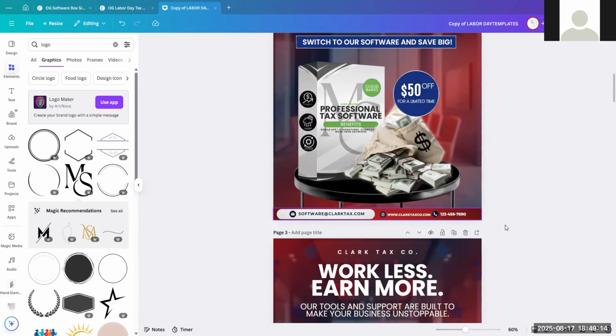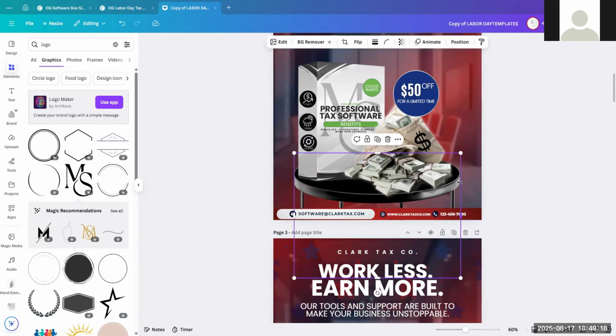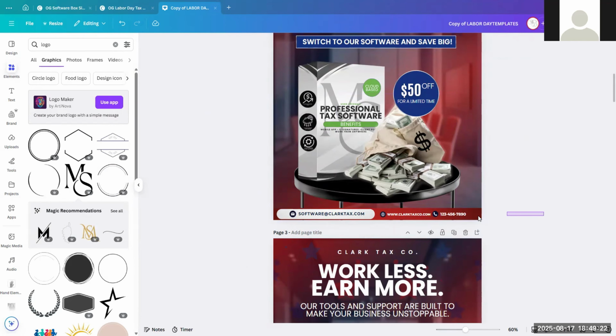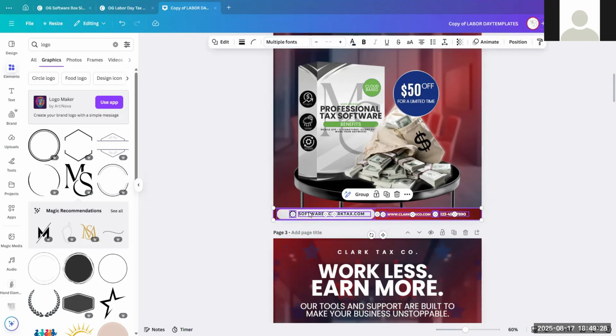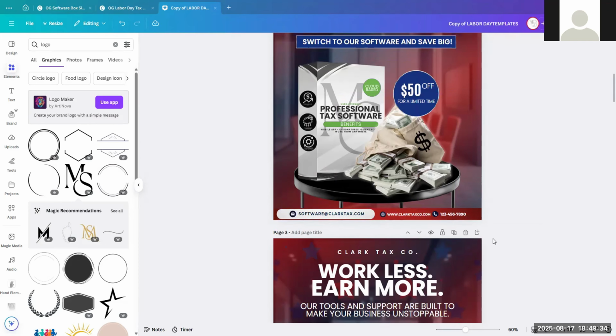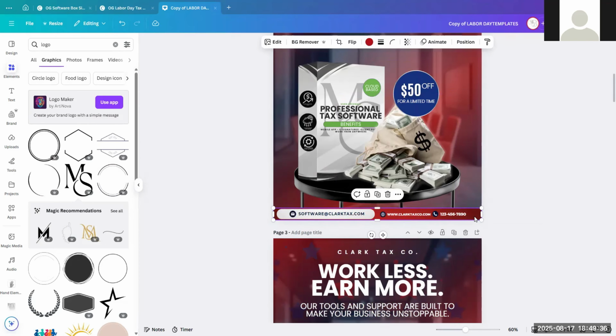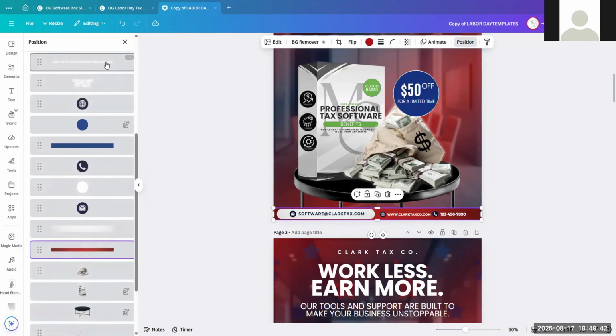to where we updated the website. Background is locked. We're gonna lock the table so it doesn't move. What we're gonna do is drag from the side and highlight the red bar, all the text, all the icons, we're highlighting all of it. If that is difficult for you to do, simply click the red bar or banner, whatever you would like to call it. We're gonna hit position. We're gonna click layers,